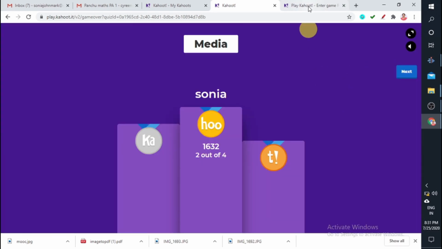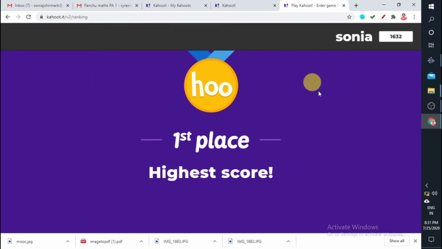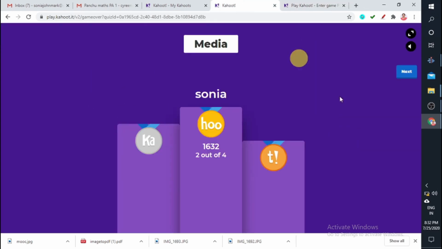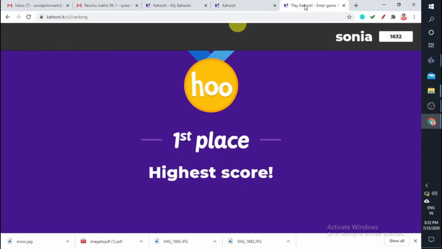This will appear on your screen and the students' screens also: first place, highest score, like this. These are the two options. You have to present it to your students. You have options like presenting your window or your tab to the students, so they will be able to see this particular game and play it. That's all about live gaming, the live kahooting. Okay, thank you.